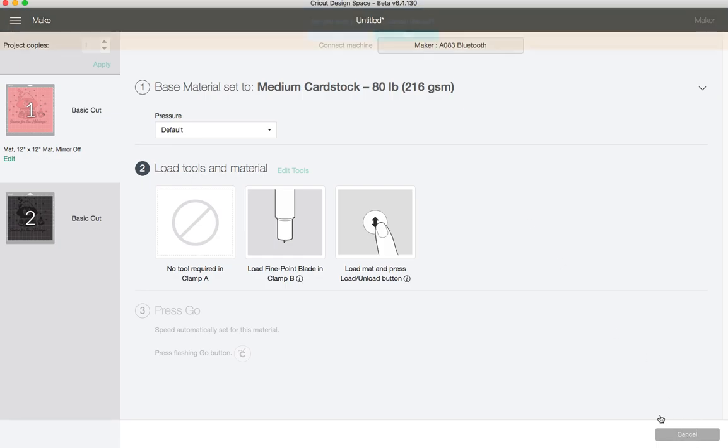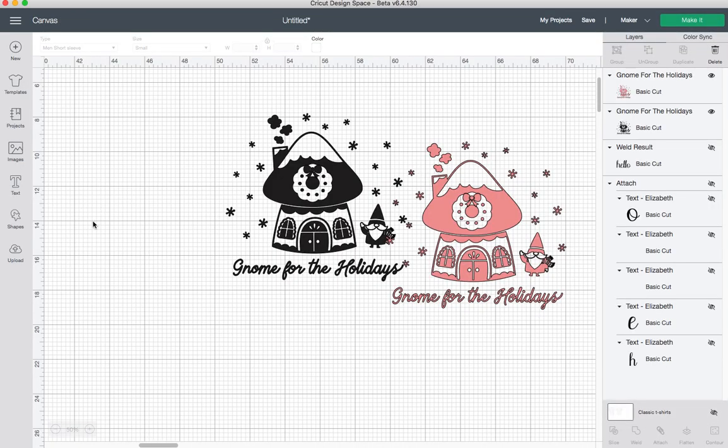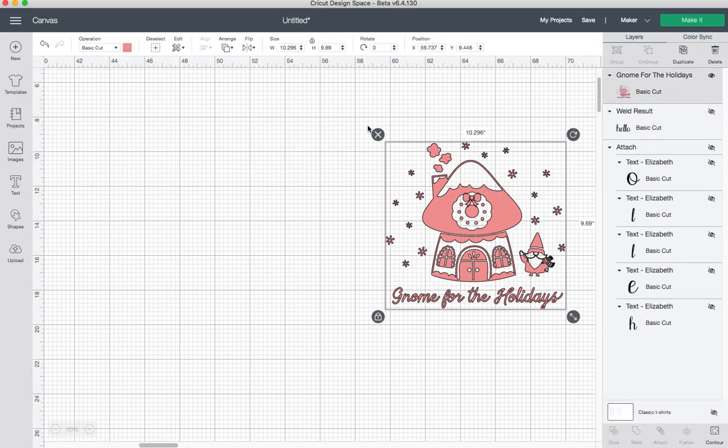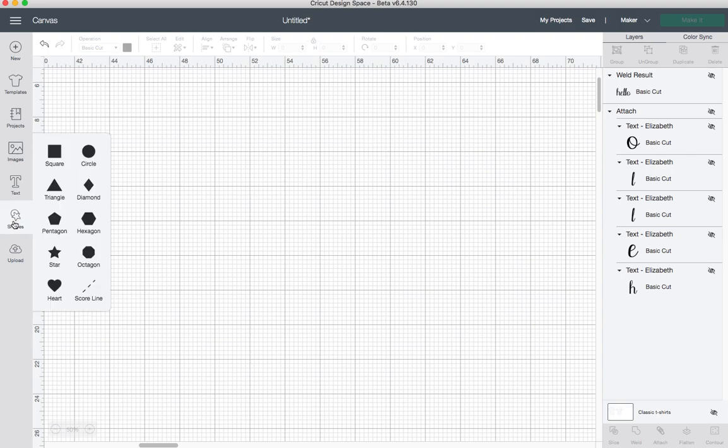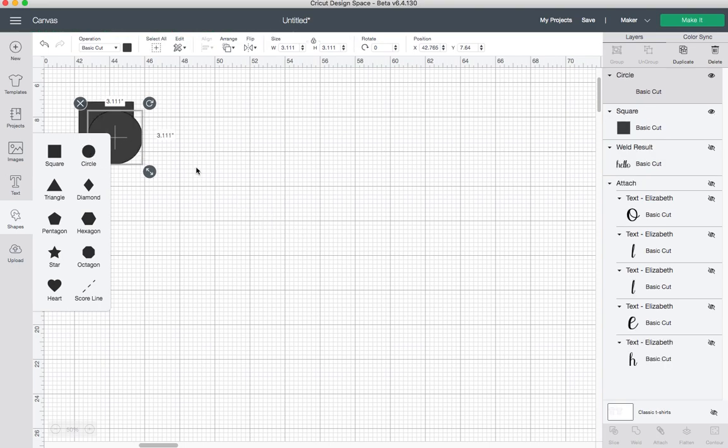Actually, did I go over slice? I don't think I did. Before I end this, I'm going to show you guys slice really quick too. I do have a tutorial on this as well, but slice is where you take something like a shape or a couple of objects,